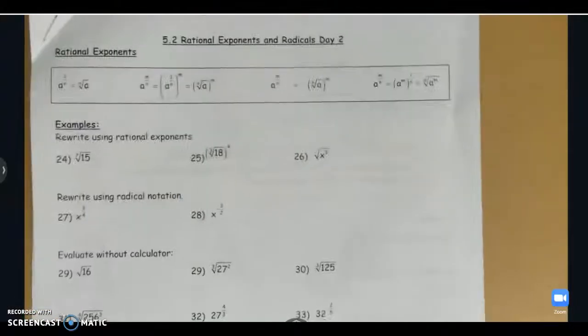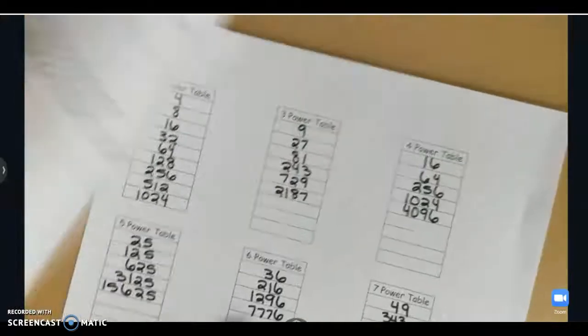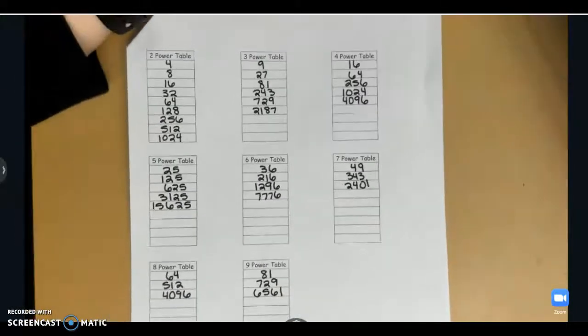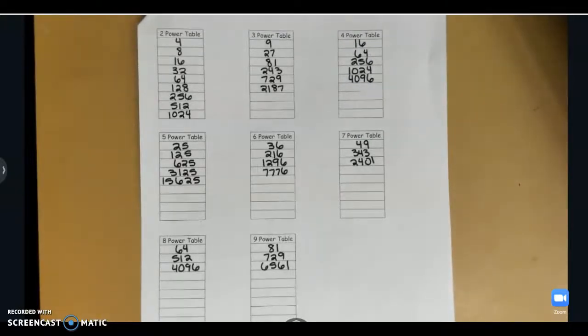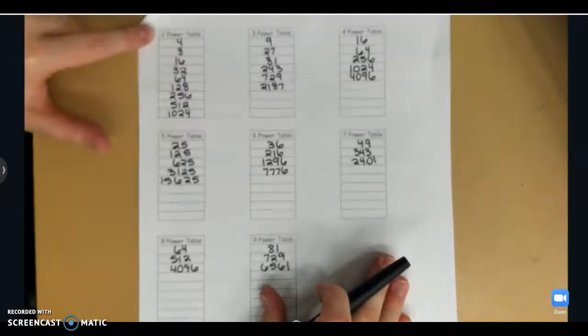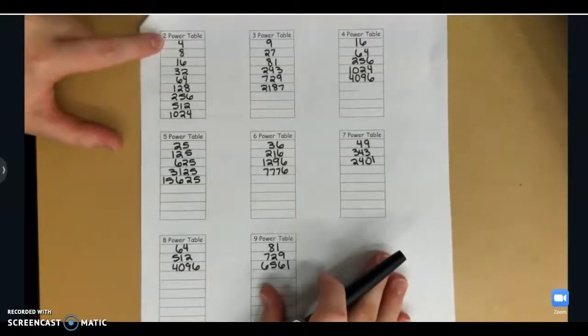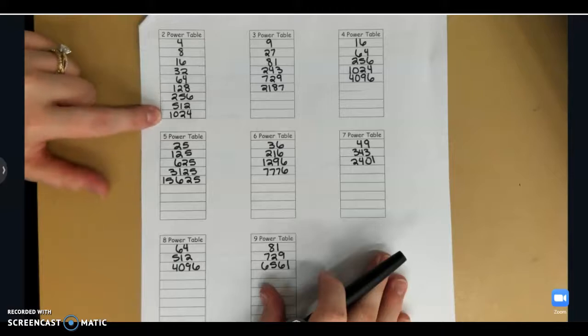We are going to start this off first by going to the last page of your notes. What you are going to do is fill in these power tables. I'm going to leave that here, and you can go ahead and pause the video to copy these down. Essentially these are your powers of 2. So obviously 2 to the first power is 2. 2 squared is 4. 2 to the third power is 8, and so on all the way to the 10th